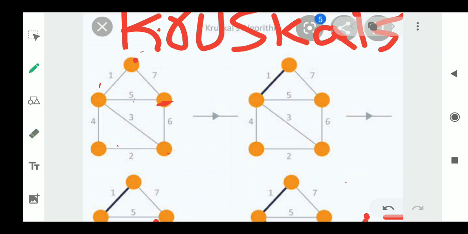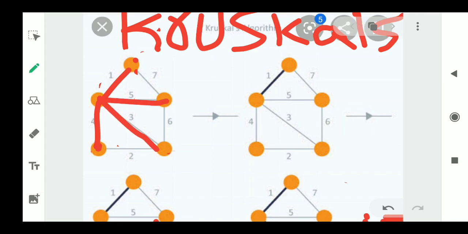We are starting from 1, and we have to look for the adjacent edges, this one and this one. Now you select the least cost edge. Since the least cost edge is 1, we are not taking this one. After taking the least cost edge, we reached this particular node. From here I will see what adjacent edges I am having. The adjacent edges are this one and this one.